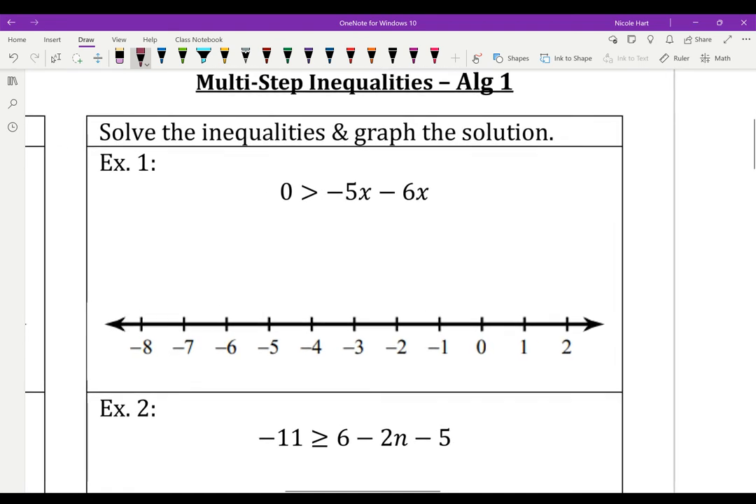So example 1 here has 0 is greater than negative 5x minus 6x. I notice that these are like terms, so I'm going to combine them. So we have 0 is greater than negative 5x minus 6x gives me negative 11x. Again, I want to get x by itself. And so we are going to divide by negative 11. Since we are dividing by a negative,